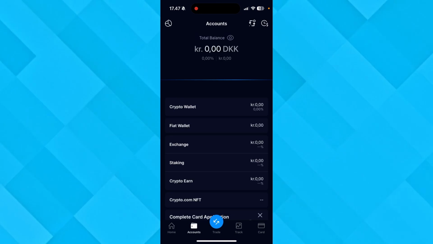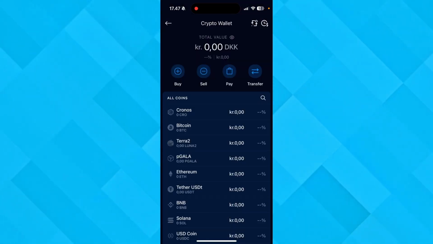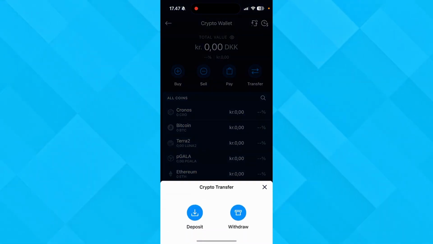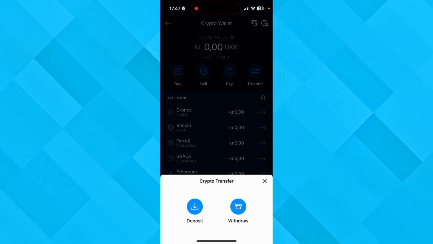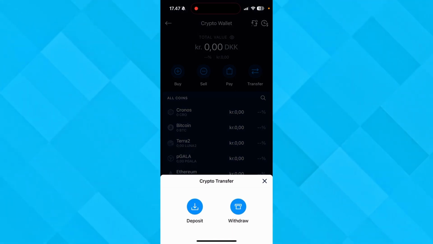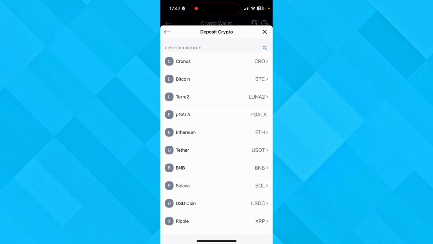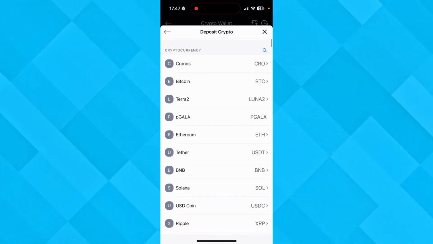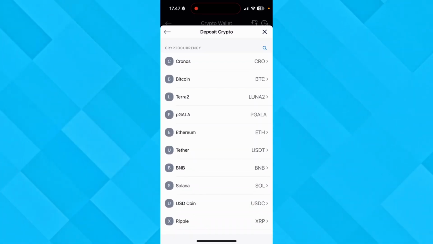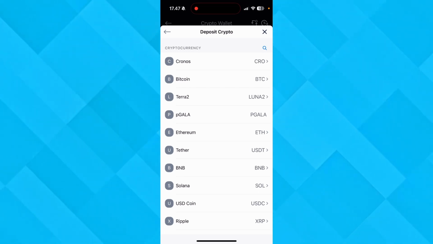Then from here, you need to go into crypto wallet. Then from here, you need to go into transfer. And then you have the opportunity to either deposit or withdrawal. You need to click deposit. And then from here, you got this big list of different cryptocurrencies, and for this video I'm going to choose